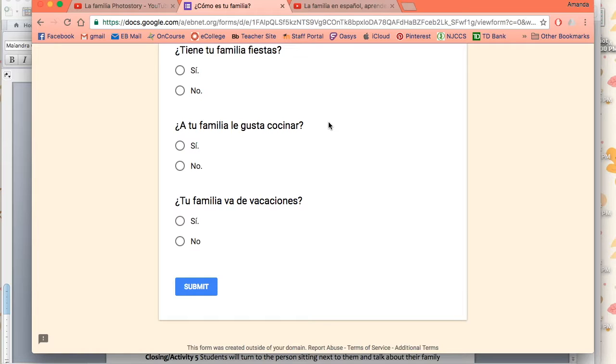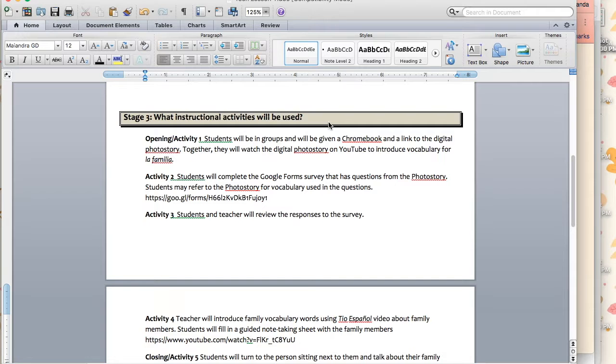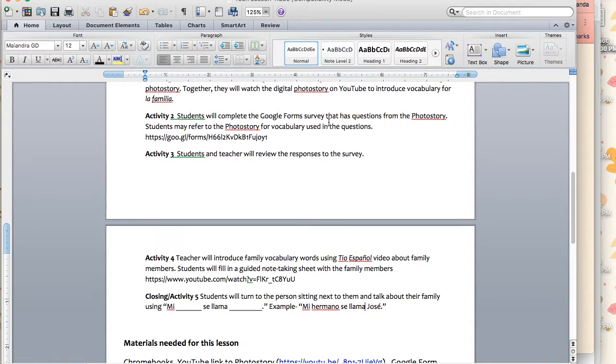However, we would go over these results in real time in class as the students submit their results. So we would also be discussing whose family likes to cook, whose family does not like to cook. Maybe they go out to restaurants pretty often. So after we review the responses to the survey, I'm going to reinforce those family vocabulary words using the video